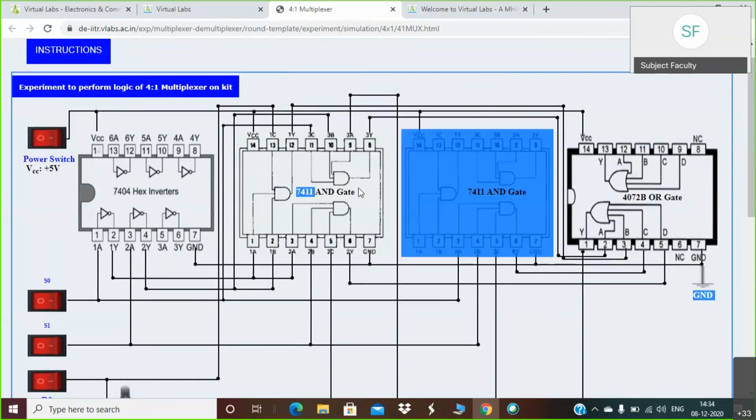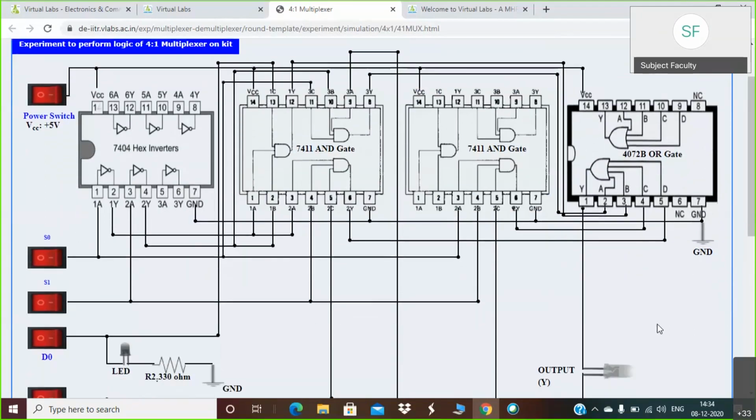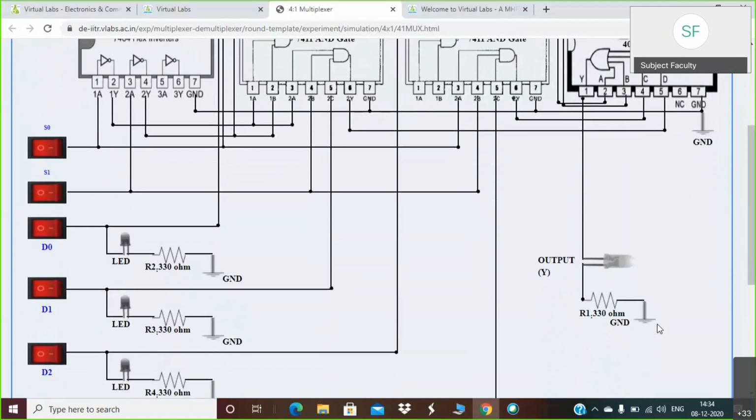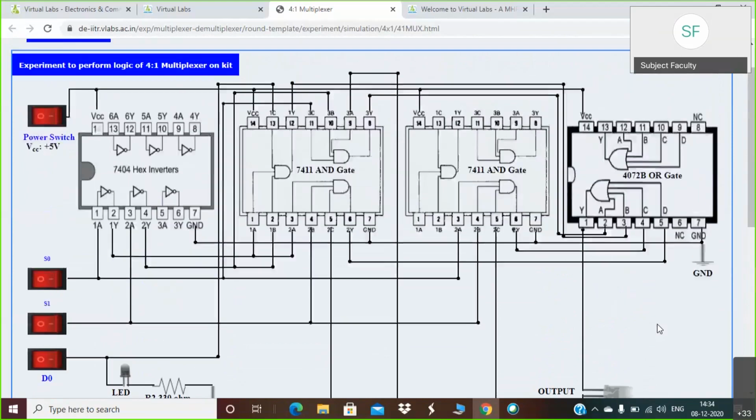Then there is an AND gate IC. So don't worry about the internal connections or internal complications. What we need to observe is just the various switches which you have been given. The first switch you can observe here is a power switch.